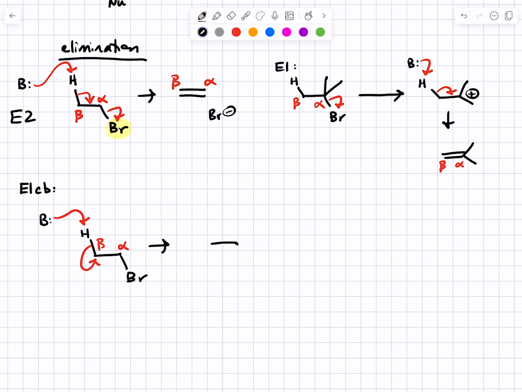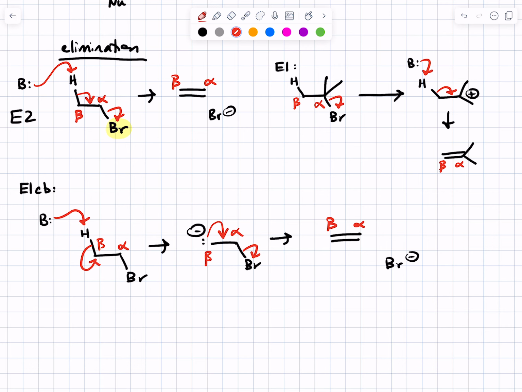The product of that is the conjugate base of your starting material, negative charge on the beta carbon, and in the second slow step, electrons kick down to form a new pi bond between alpha and beta carbons, and then the leaving group leaves. So this is another reactivity pattern that you haven't maybe seen before, but it fits into